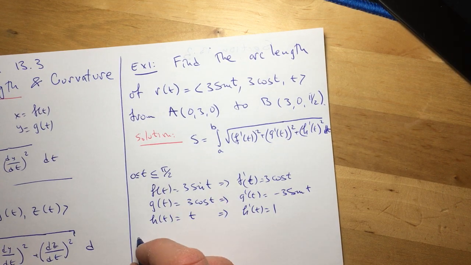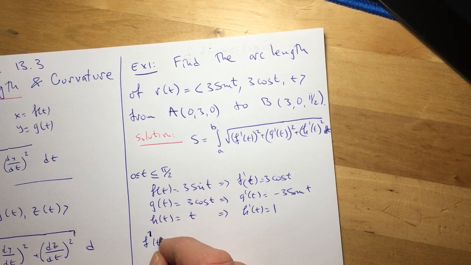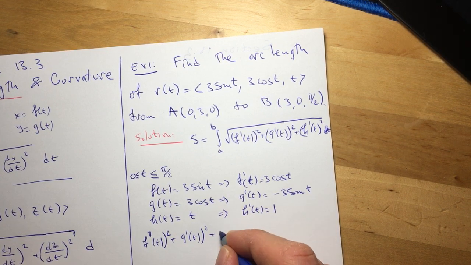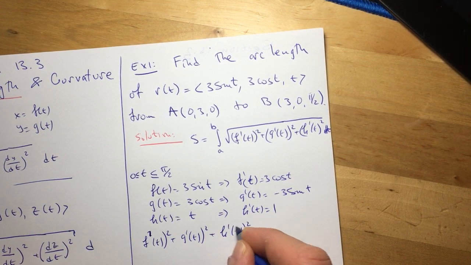Okay, so now the sum f prime of t squared plus g prime of t squared plus h prime of t squared